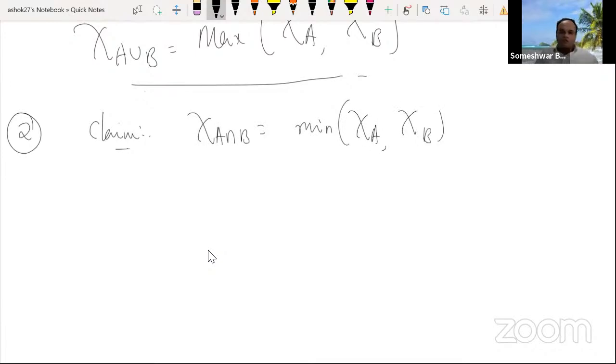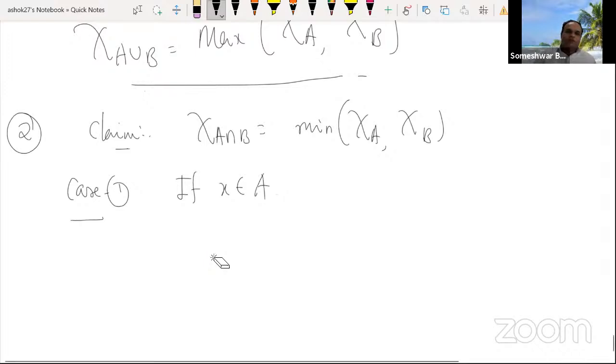Again, we will consider two cases. Case 1: if X is an element of A intersection B, then what happens? See, so in that case,